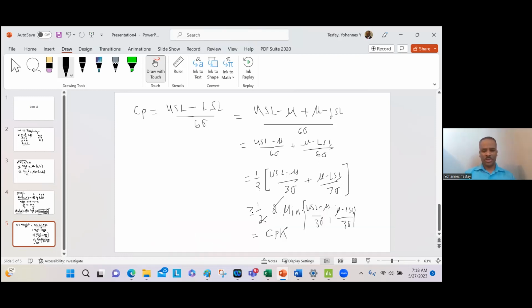Therefore, this is greater than or equal to, it doesn't matter, Cpk. So this is Cp, this is Cpk. Therefore, this is Cp. Therefore, Cp is greater than or equal to Cpk. So this is